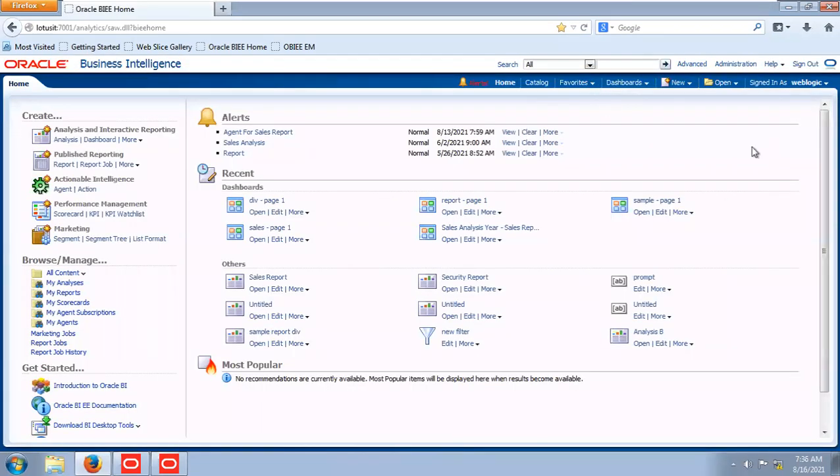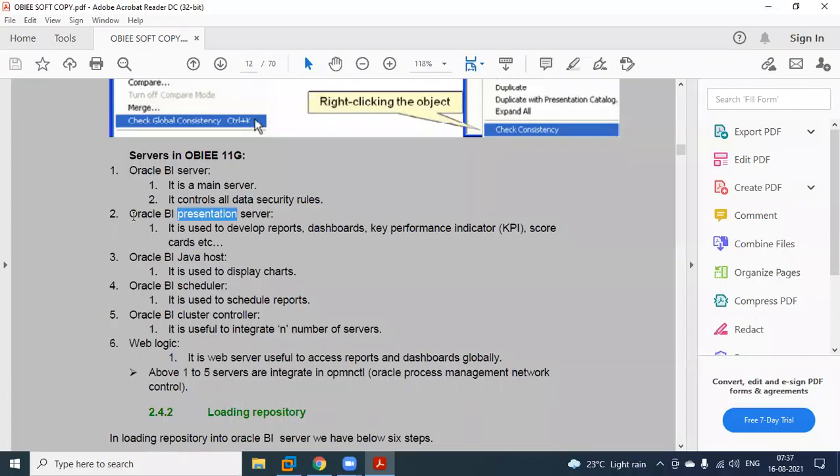Here we have different kinds of reports, dashboards, KPIs, dashboard prompts, filters, different kinds of objects available under this analytics. We will discuss one by one. This whole analytical part we can call the presentation layer. This presentation part is managed by Oracle BI presentation services. It is useful to develop the reports, dashboards, KPIs, scorecards,